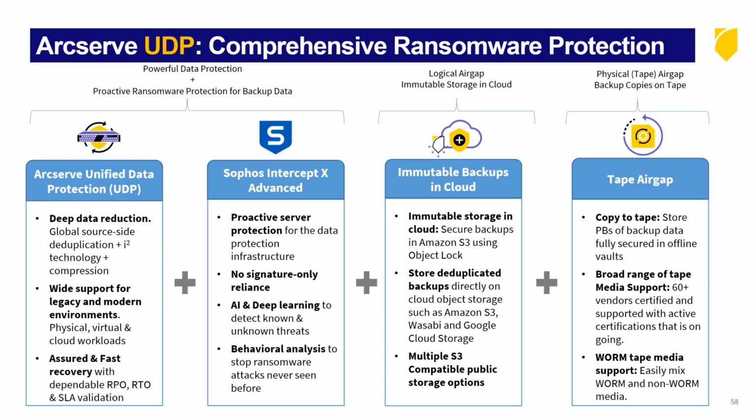But in summary, first off, from a UDP perspective, providing that proactive approach, integrating and tying in security, UDP is definitely going to give you the capabilities there from a deduplication side of things, supporting a wide variety of workloads, having things like automated testing, improving your RPO and RTOs, and then of course that Sophos Intercept X Advanced Edition, securing that box itself, okay, and that data. Now, nothing is quite complete without